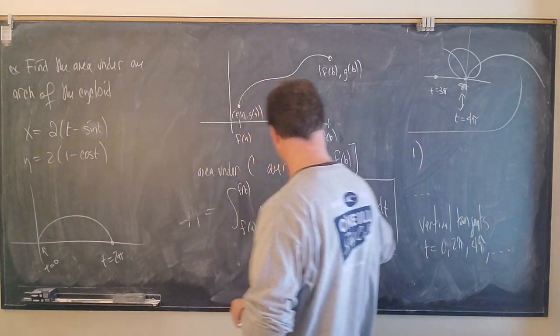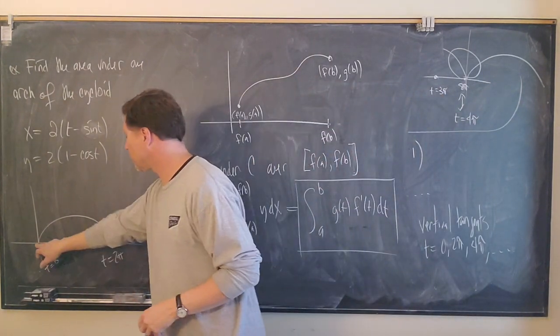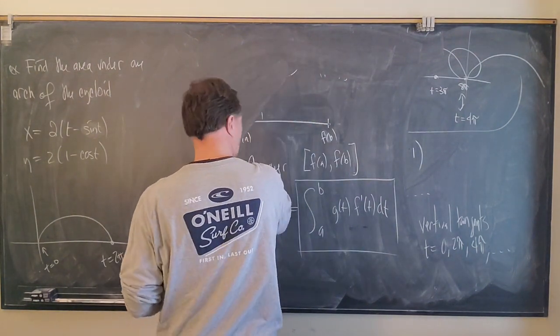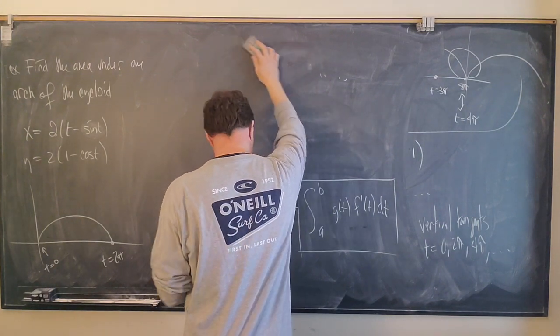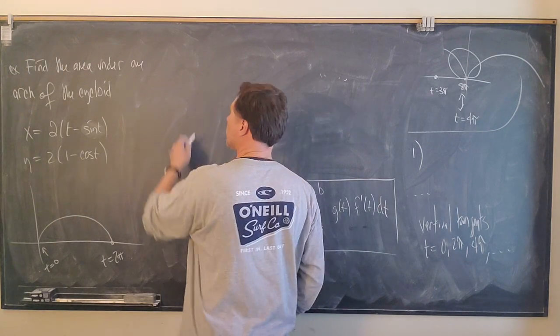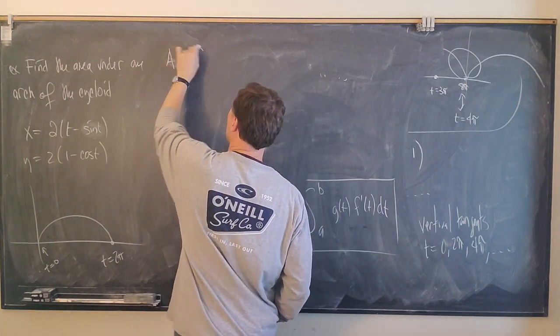But we want to integrate with respect to t, so I need to know the t value that gets us from here to here. And then I just throw it into this formula, right? So it's going to be g of t times f prime, or it's the y function times the derivative of the x function. And so the area is equal to the integral from